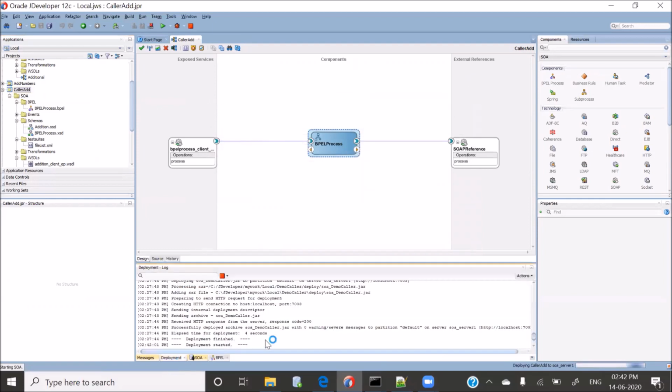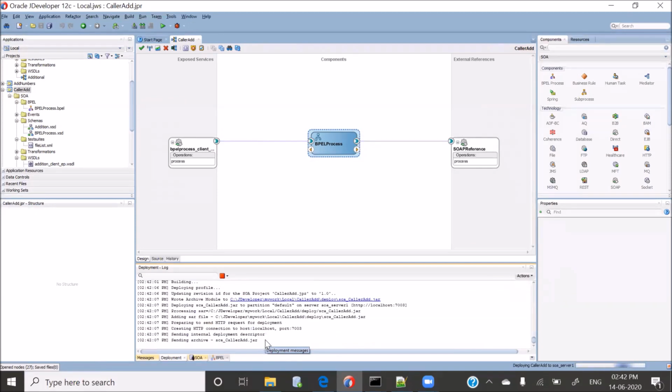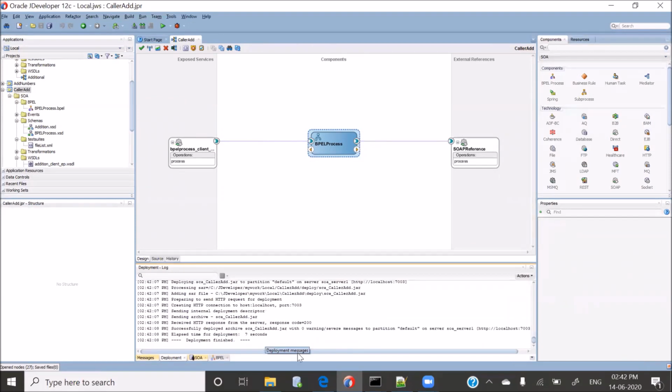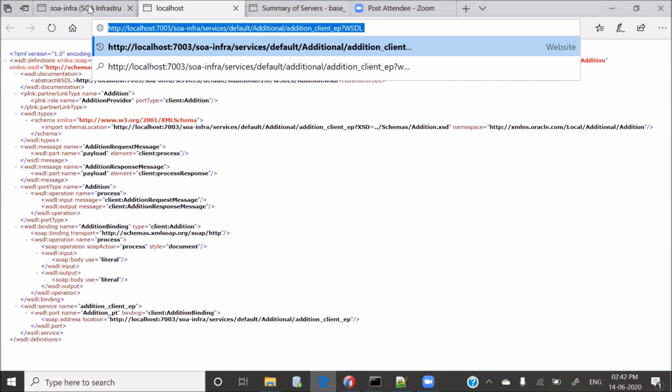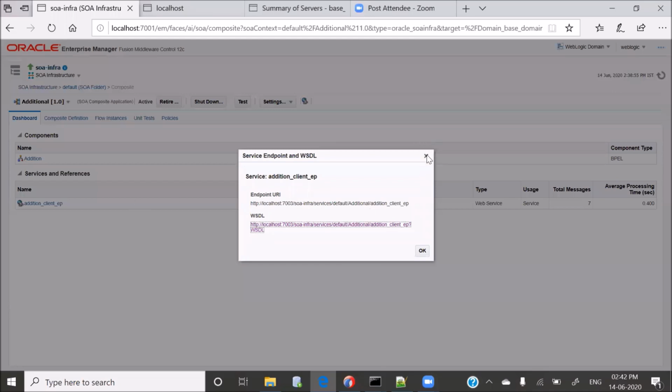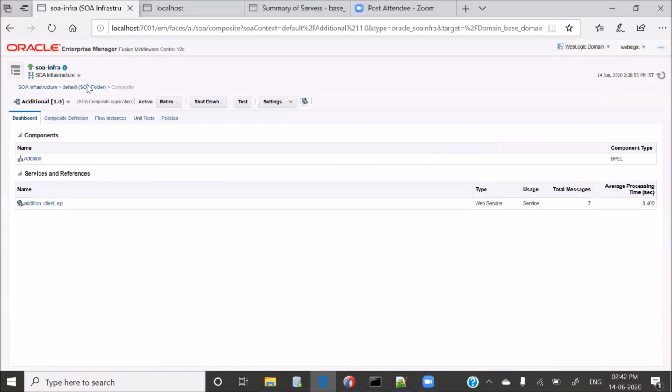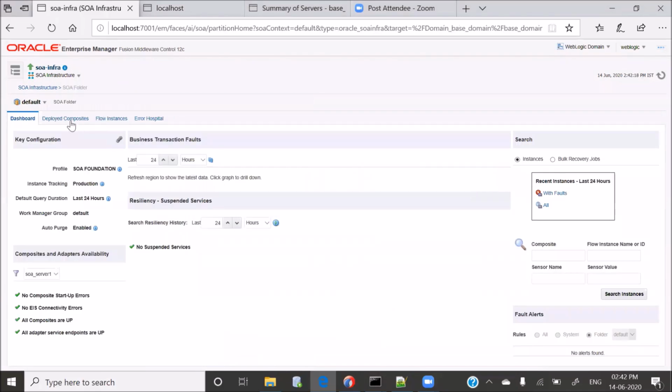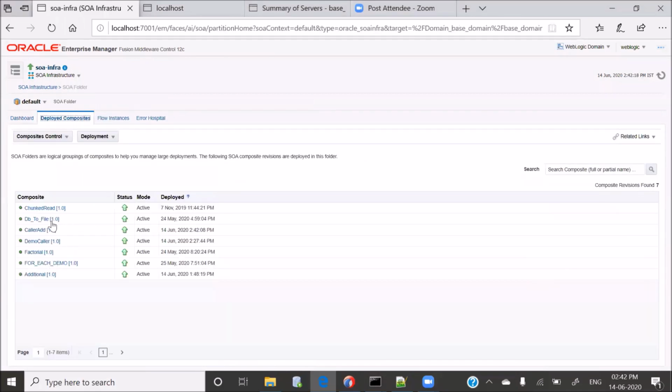We can track the progress of deployment here. So here you can see the deployment is finished. Let's go to our Enterprise Manager and go to the default SOA folder. We will see the deployed composites.